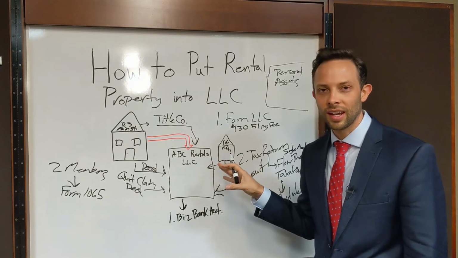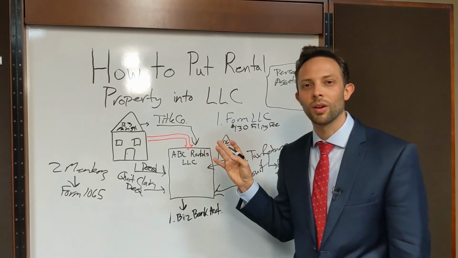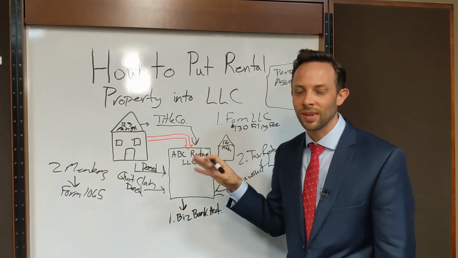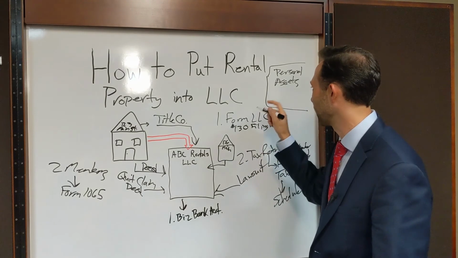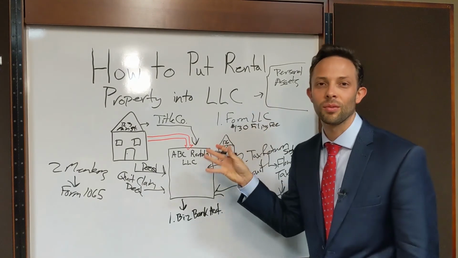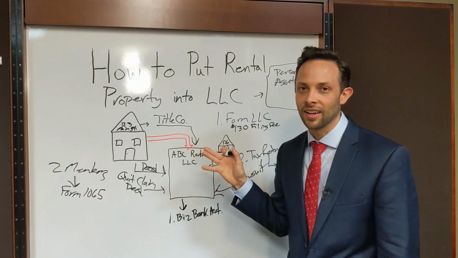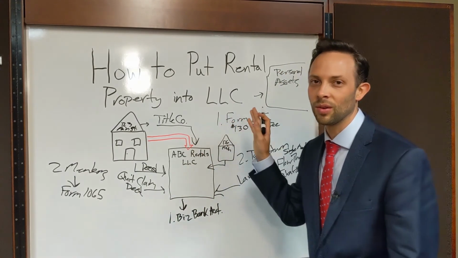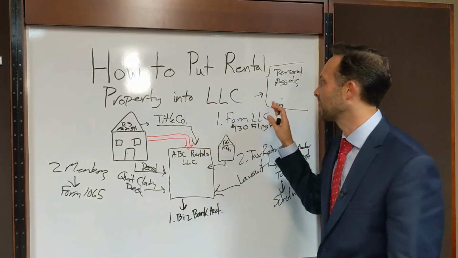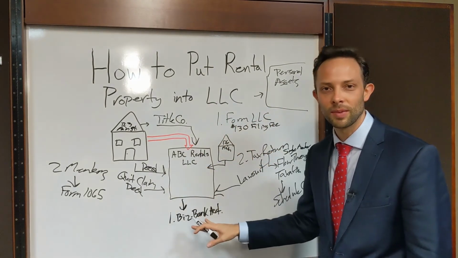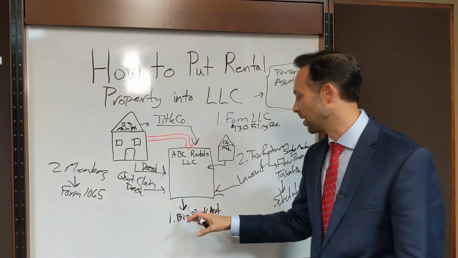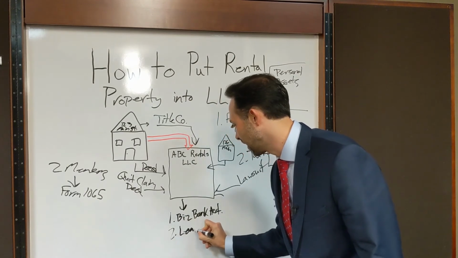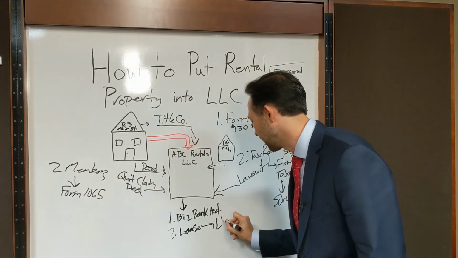The courts have looked at this, and there's a concept in corporate law called piercing the veil. And if a plaintiff can show you intermingled, you did not keep the business separate from the personal assets, there's a way under the law, under case law, they can pierce the corporate veil and get at your corporate assets. So if you go through the time and expense to set up an LLC, you want to make sure you keep your assets separate. So you want to have a business bank account, and then also important, you want to make sure the lease is in the LLC name.